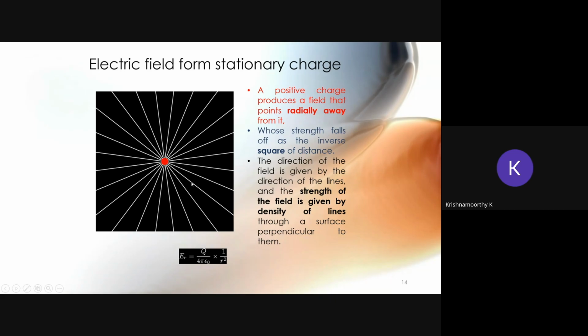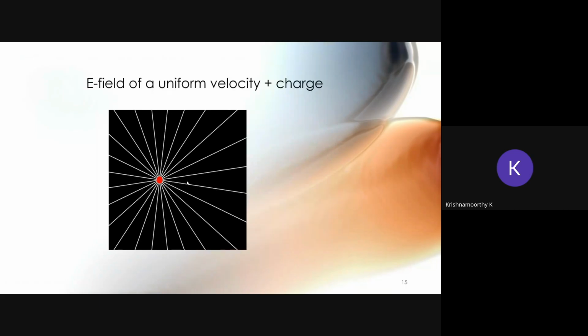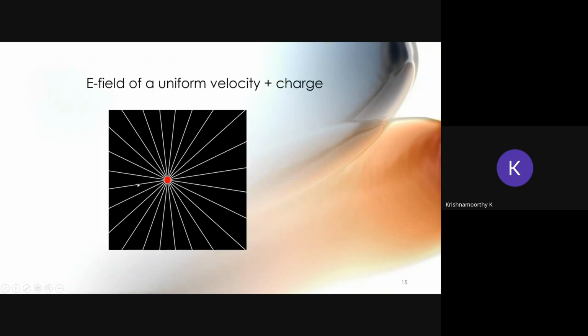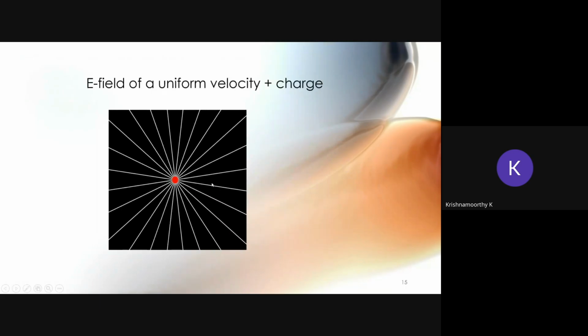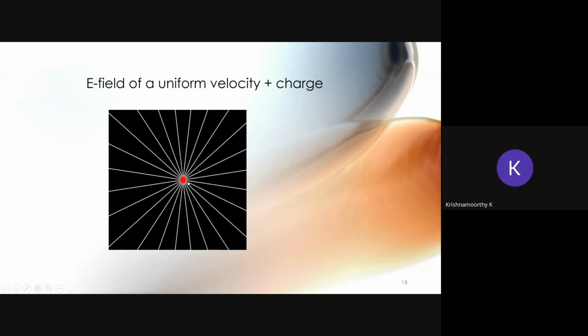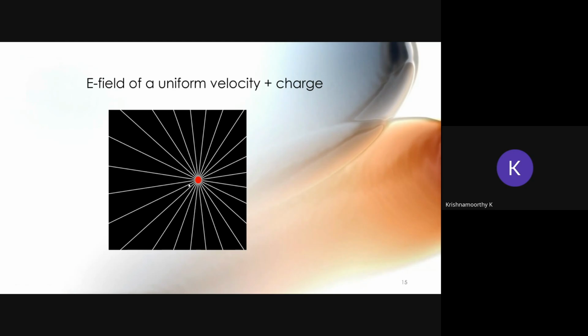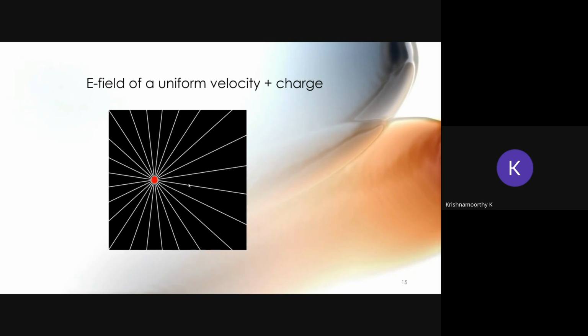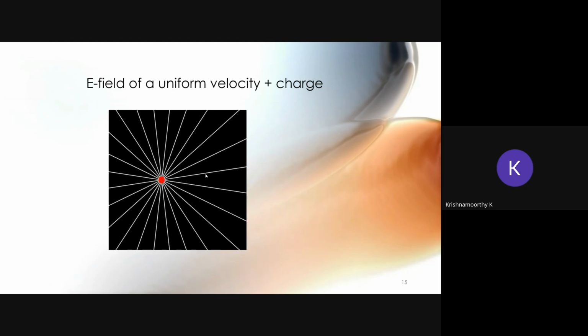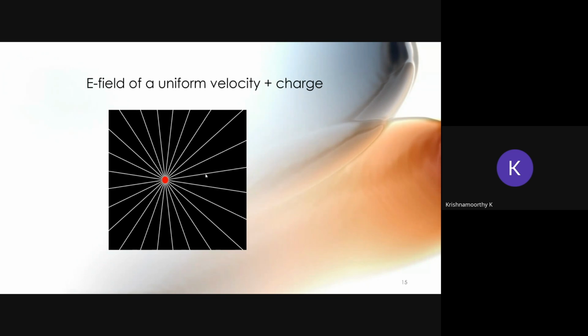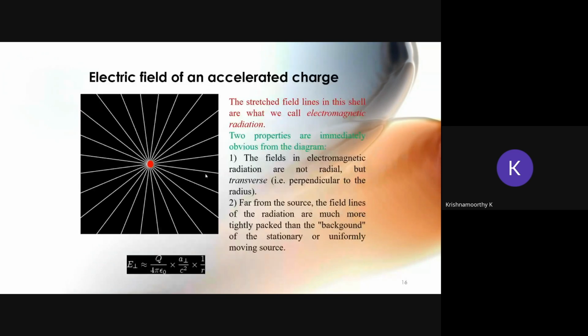So the electric field is a static field, and it cannot produce the time varying electromagnetic wave. Similarly, whenever the electric charge is moving with uniform velocity, this kind of movement also cannot produce the electromagnetic wave. Whenever the electric charge is moving with constant uniform velocity, it can produce, according to Ampere's law,